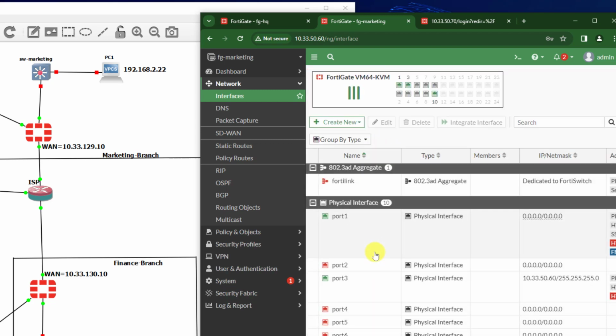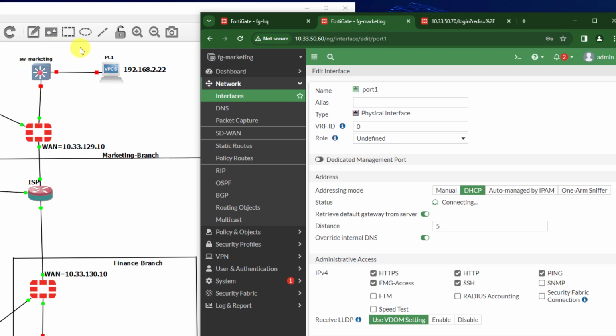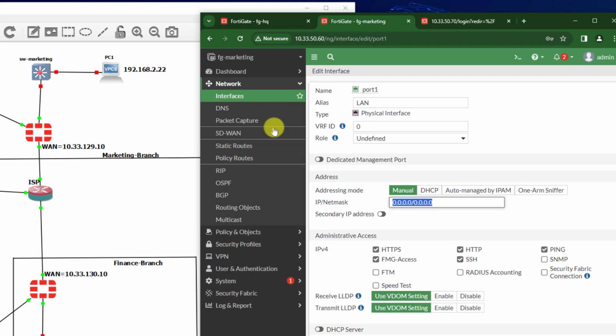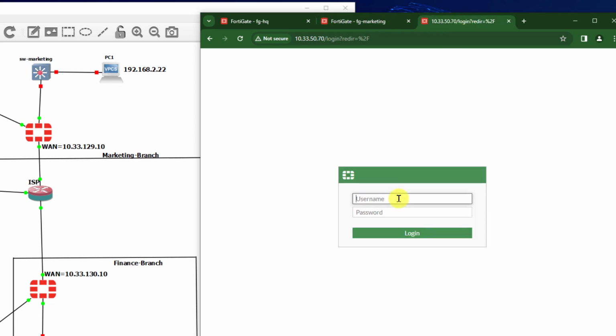Okay. And the second one is port 1, which is connected to the LAN in marketing branch with network 2, which the alias would be LAN, manual, and the IP 192.168.2.1/24 with no HTTPS, only ping. Okay, we are done with the marketing branch. And the last one,